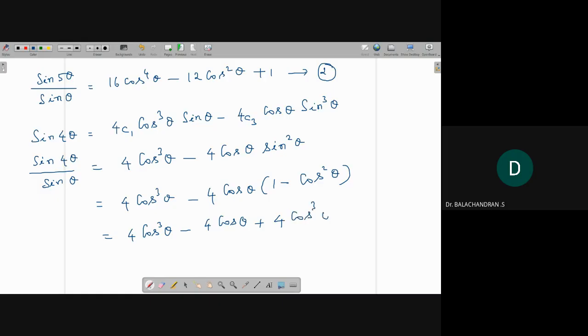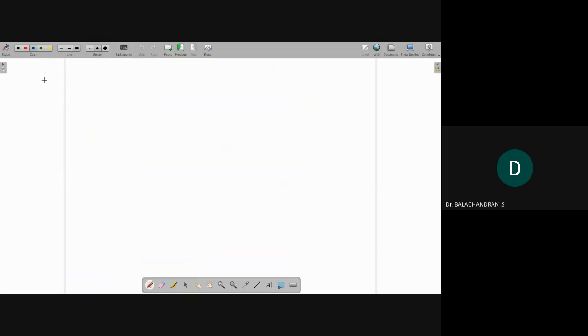So totally we have sine 4 theta divided by sine theta, it is equal to 8 cos cube theta minus 4 cos theta. So we call this equation 3. So now equation 2 minus 3. Both left hand side and right hand side. Equation 2 minus 3 implies,